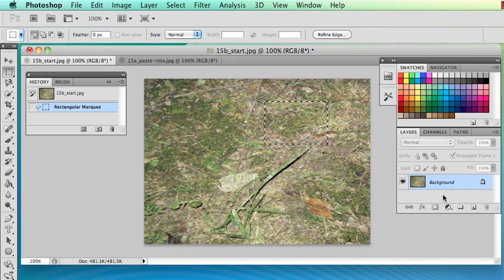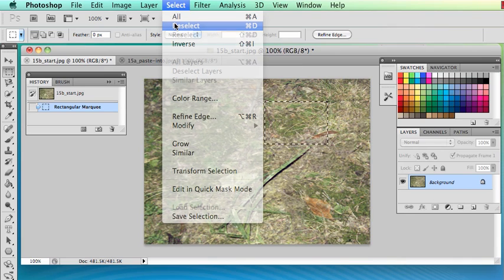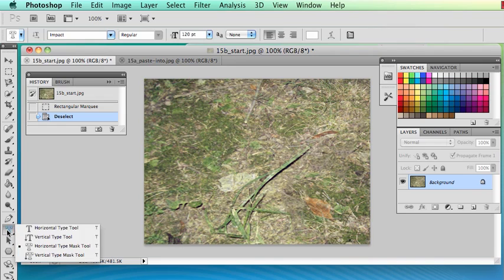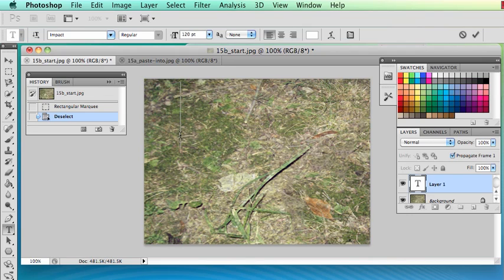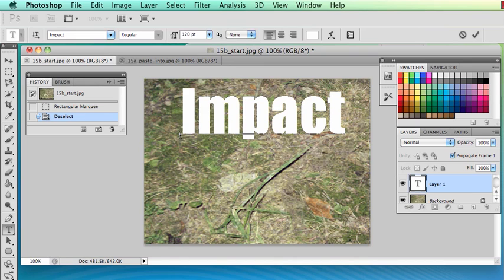Now that I've made that grass into a pattern, I can actually access it in the Layer Styles panel. So what I can do is deselect right now, and then go into my type tool. And just the horizontal type tool will work just as well for this. If I type the word impact here again, now impact is actually coming in with a white color on it. That's fine. If I wanted to apply a pattern over it,